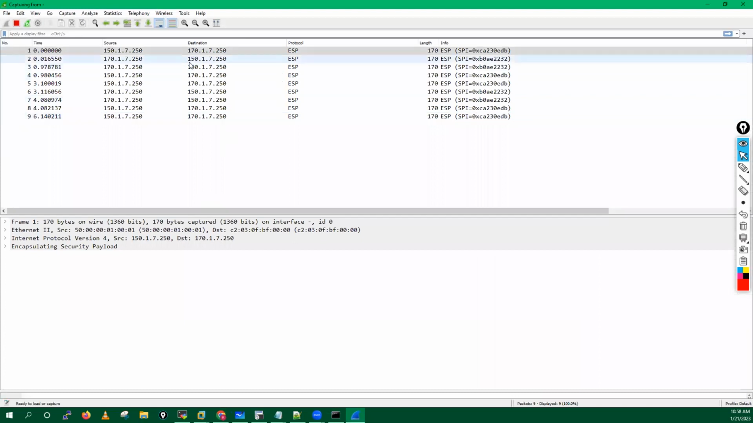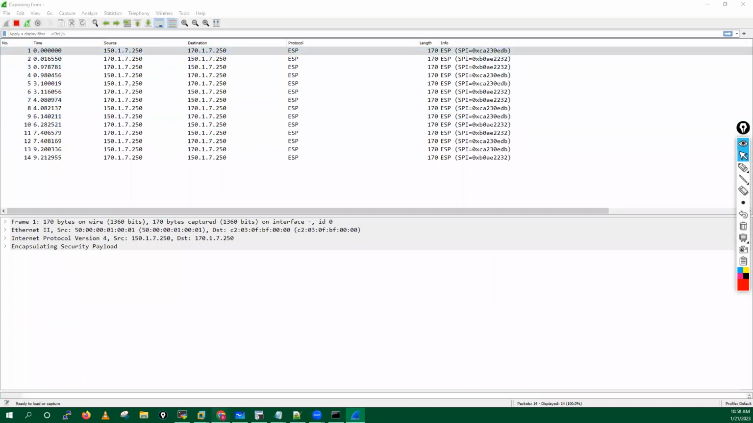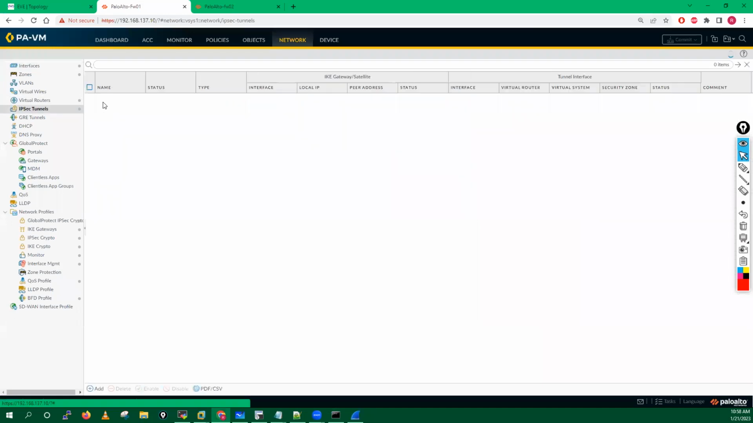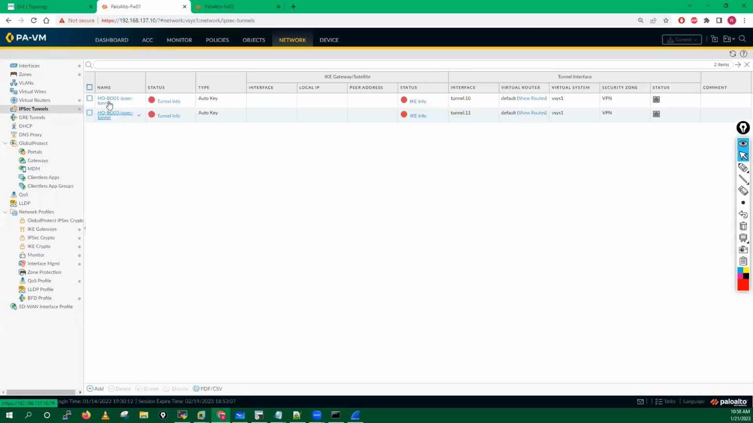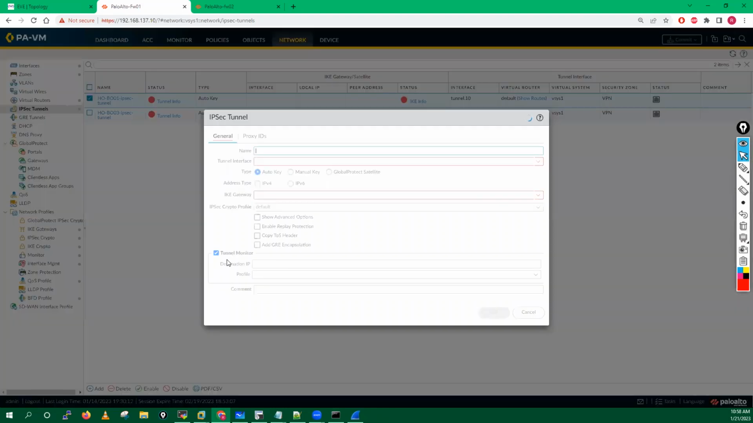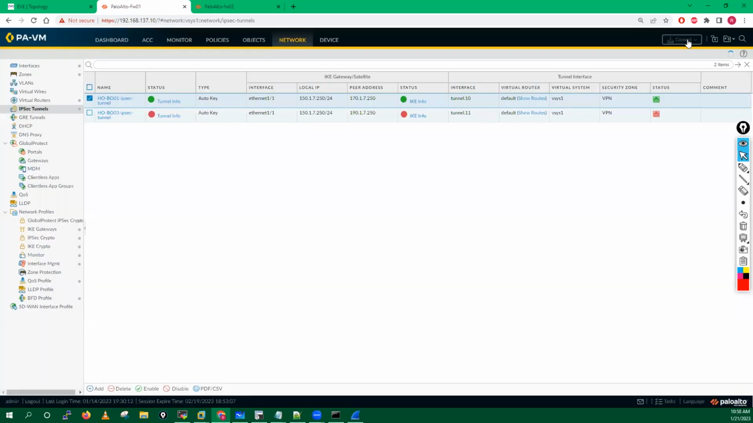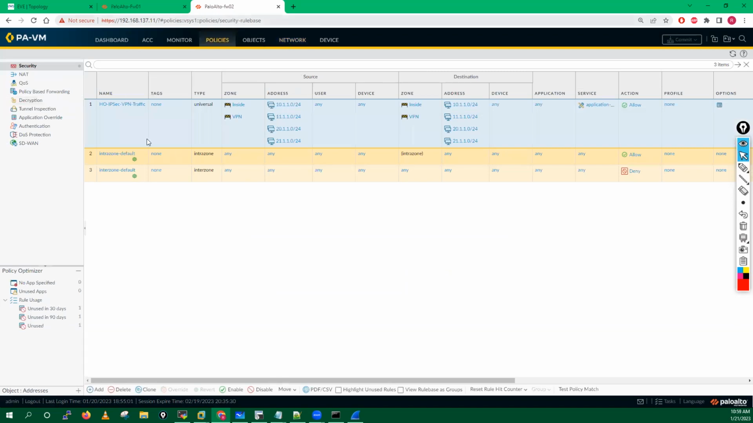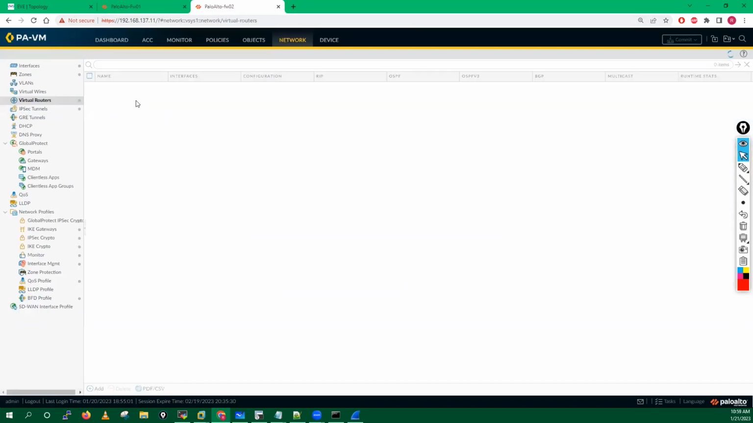Again, encryption enabled because we have tunnel monitoring enabled, right? So let me just disable this tunnel monitoring. Otherwise, what will happen, guys? Your tunnel will come up automatically. It will try to send the packets again and again. I have disabled this tunnel monitoring because I just want that when I initiate the traffic, only at that time the tunnel should come